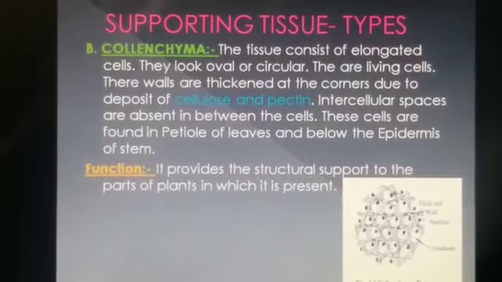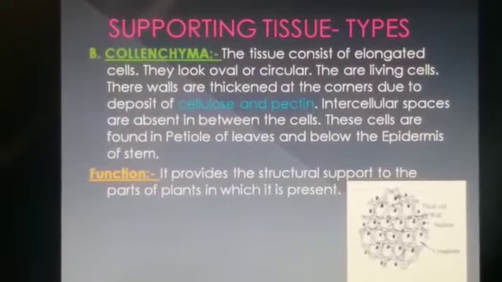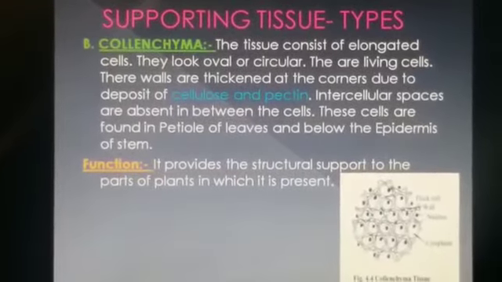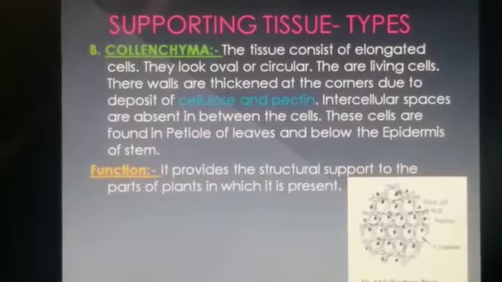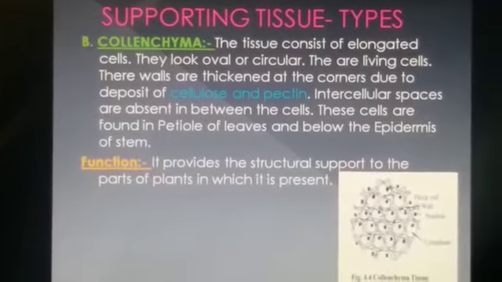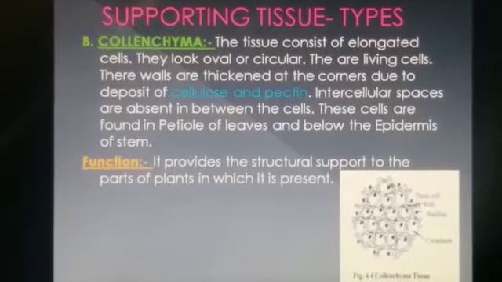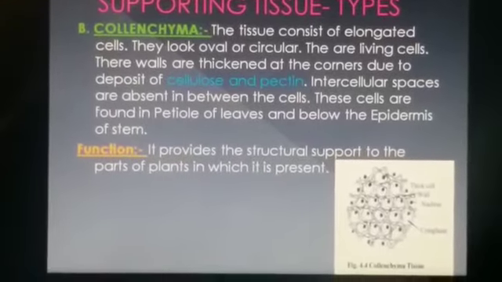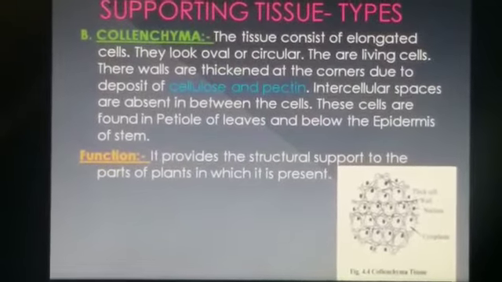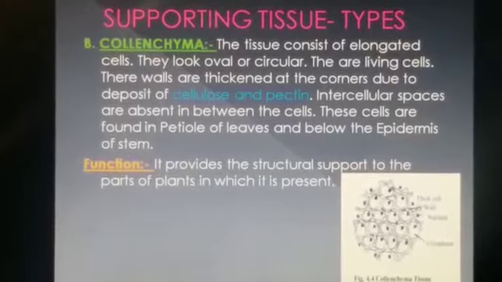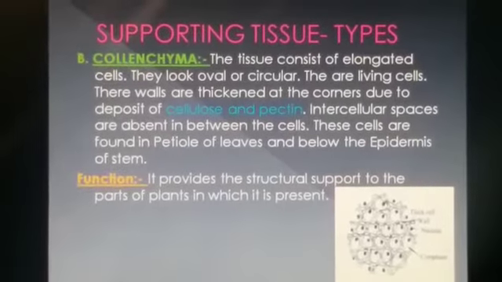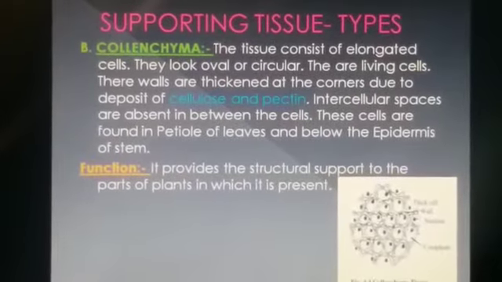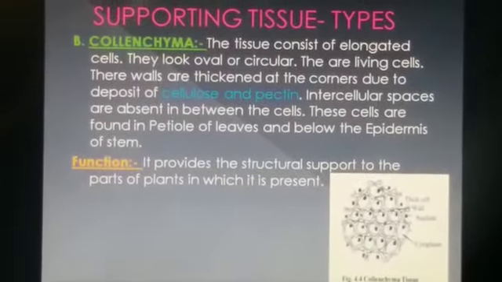Now what cellulose is, I'll tell you, it is a polysaccharide. Cellulose is a polysaccharide and it makes plant stem and branch strong. What does it do? It makes the plant stem and branch strong, and it helps to connect these cells to form tissues. And what is pectin? It is a fiber found in fruits.